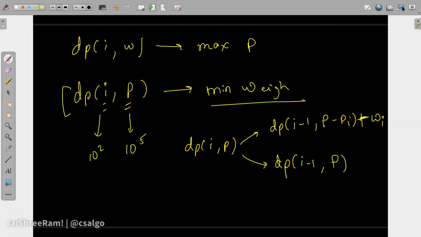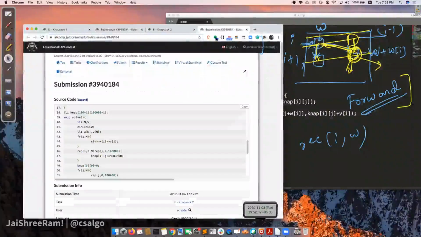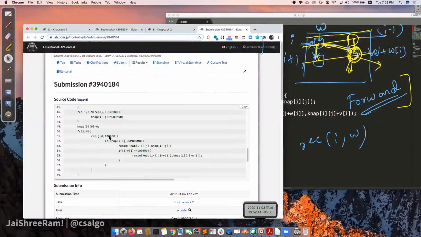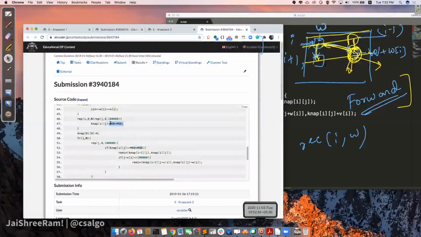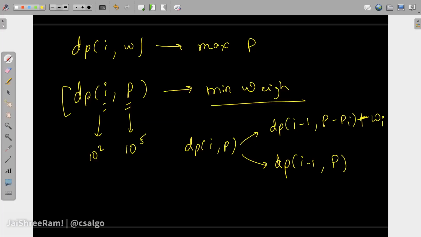So this is what you can do in this particular problem. If I just quickly go into the implementation, that's more or less the same. What is the minimum weight needed? For 0, 0 you need minimum weight 0, and then we loop from 1 to n, 0 to 10 to the power 5, and if that particular state is possible, the weight needed is, in this problem you change the values. So note that in the earlier problem we were storing the maximum p, so we had